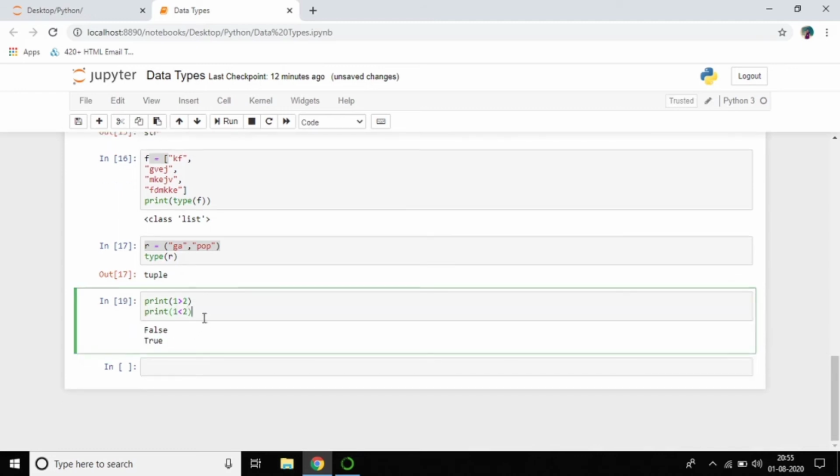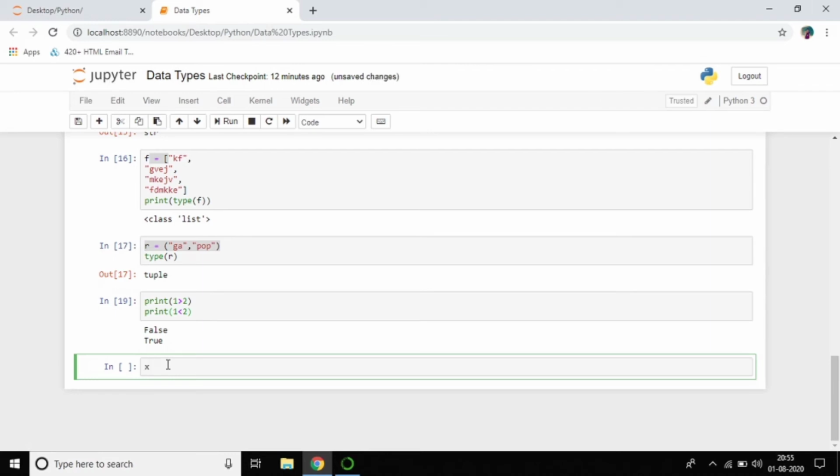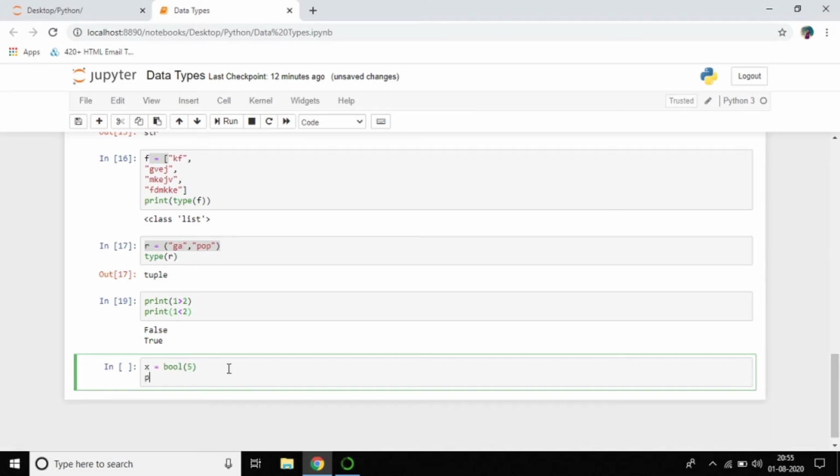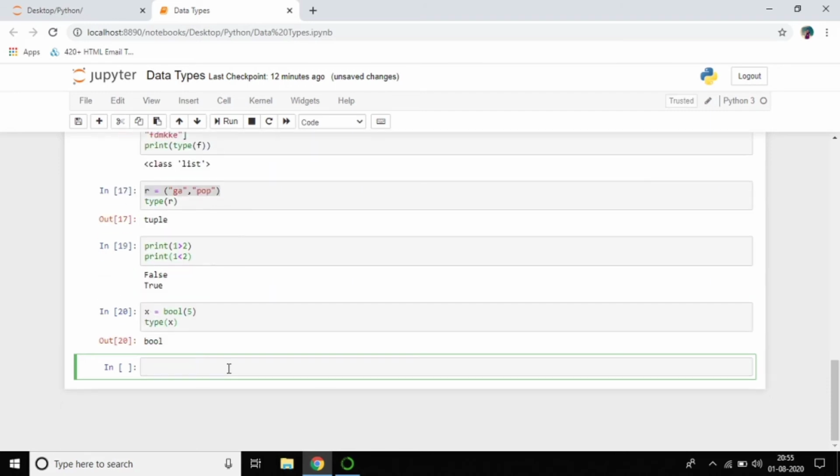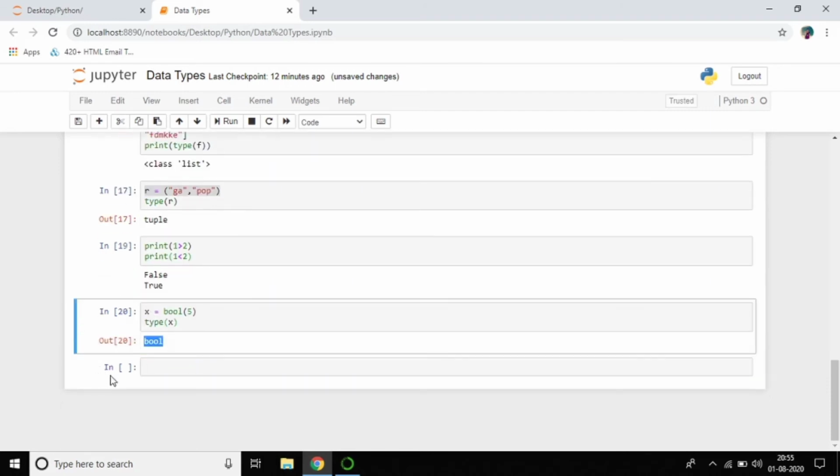I want to know the type of this boolean, so x equal to bool of 5, and print type of x, then it shows boolean. So bool means yes or no. If you are performing yes or no things, we use boolean. It's one of the data types.